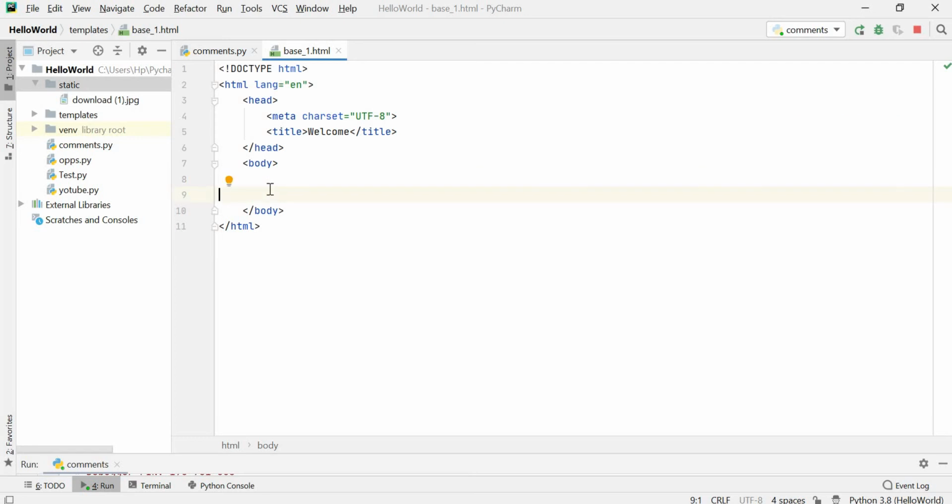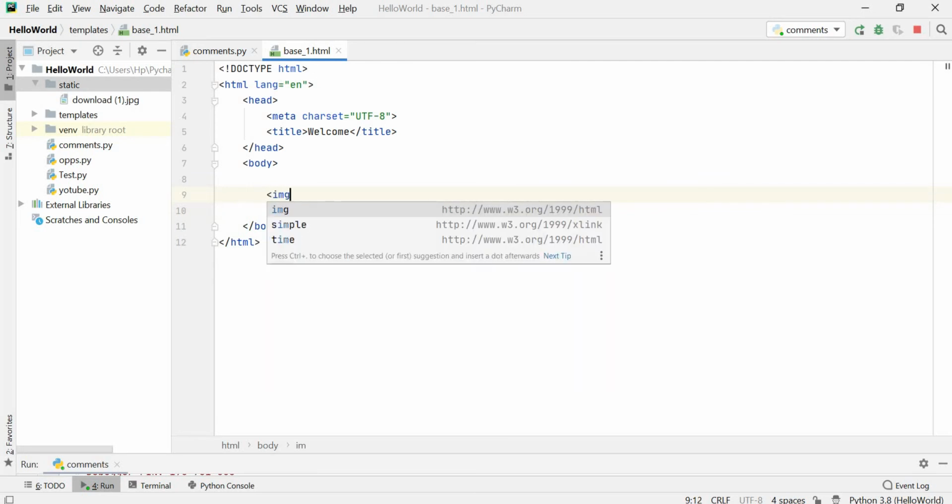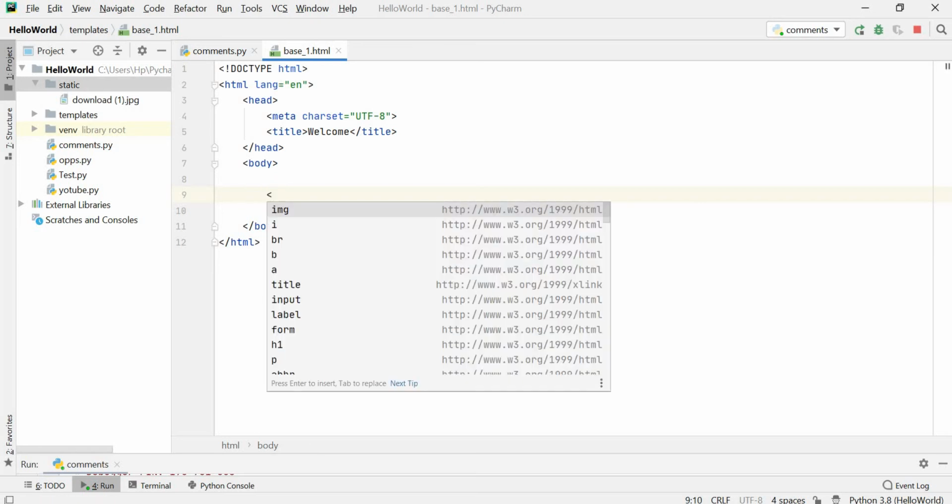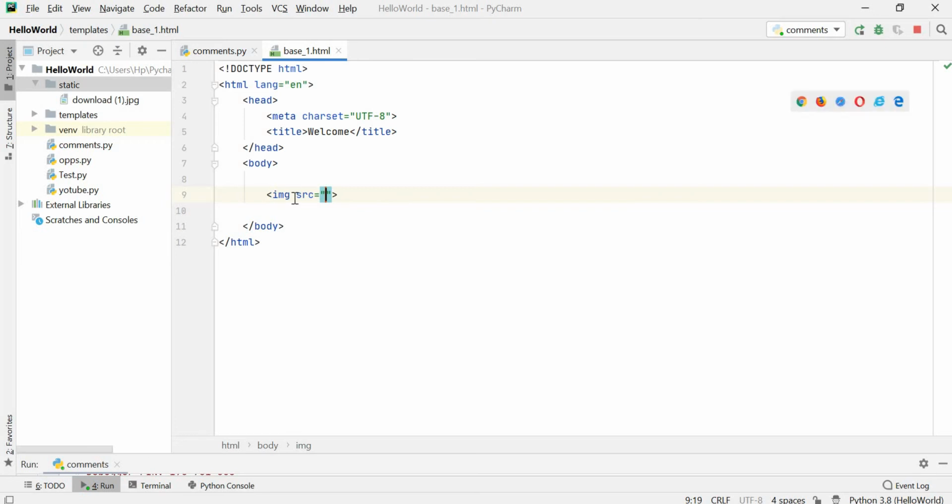To call that file you have to give the image tag, then the image source, then double curly braces. Inside these curly braces you pass url_for.